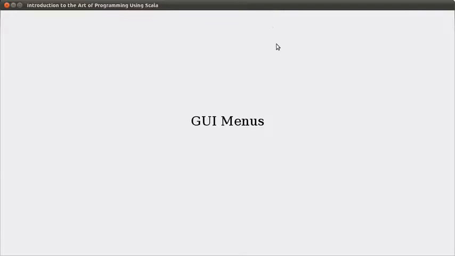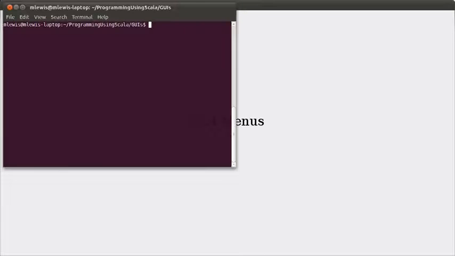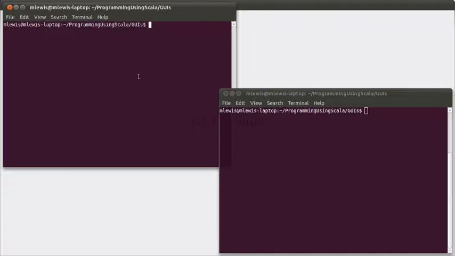Hello again. In the last video we looked at how to build basic GUIs inside of Scala. In this one we want to add the capability of having menus onto them. So if we look at the code that we wrote last time,